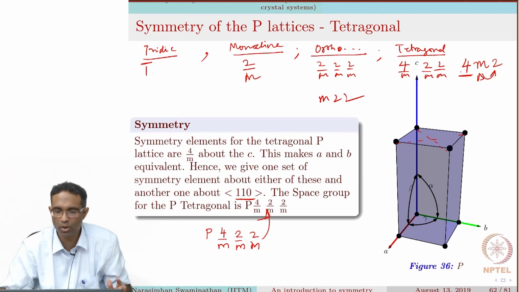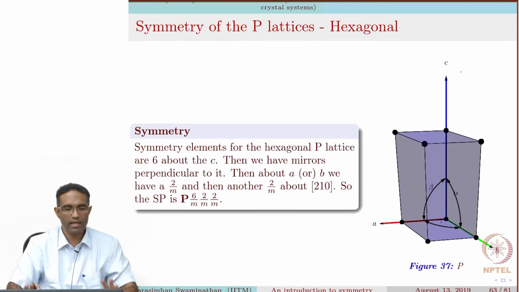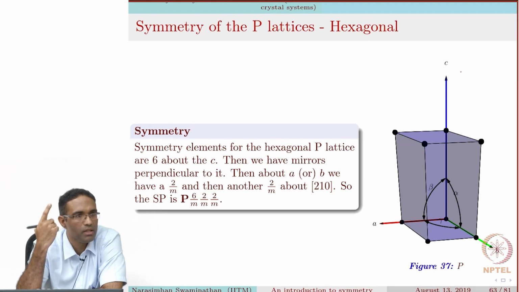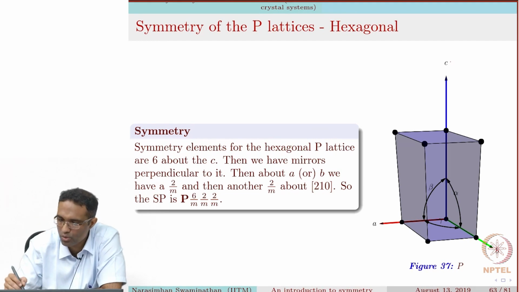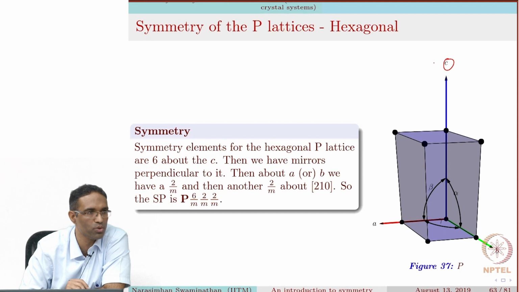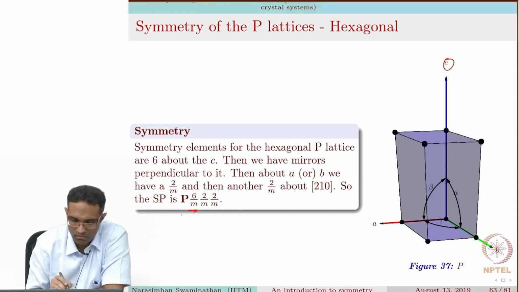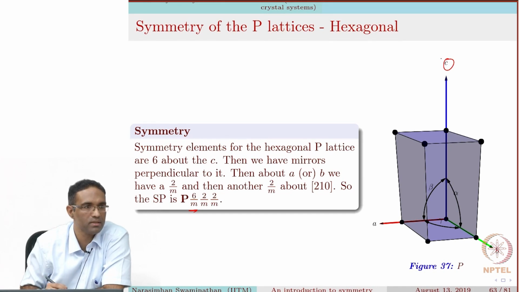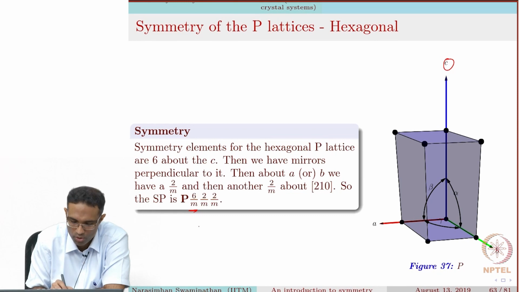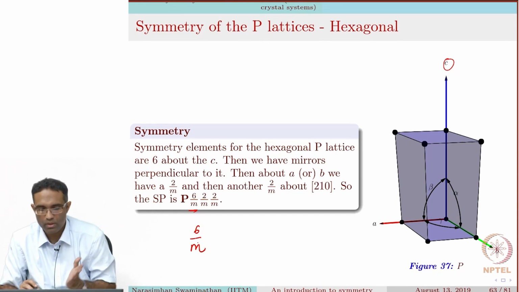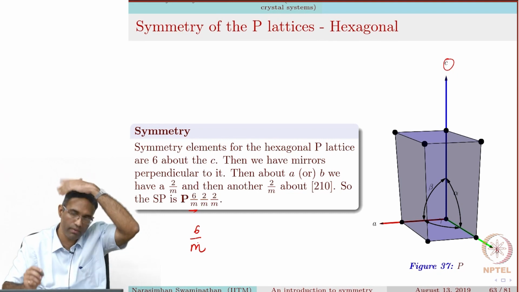Okay. Now we go to the next complicated one, which is hexagonal. Everything is pretty much the same, like what we did in the plane lattice. So obviously we are going to choose C as the unique axis, because it has the six-fold rotation. There is a six-fold rotation about the C axis, and there is a mirror perpendicular to it. So you have 6 over m. Okay. Now the other two axes, what were they in our